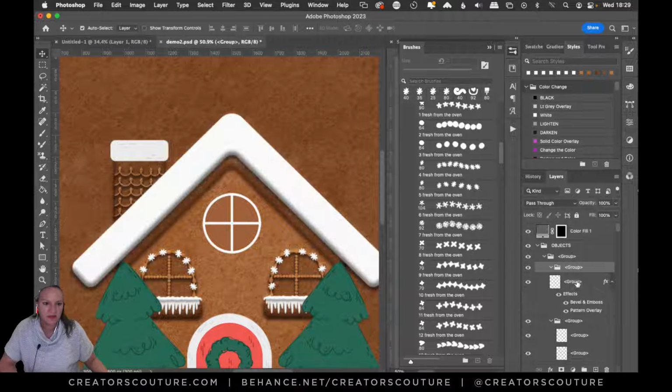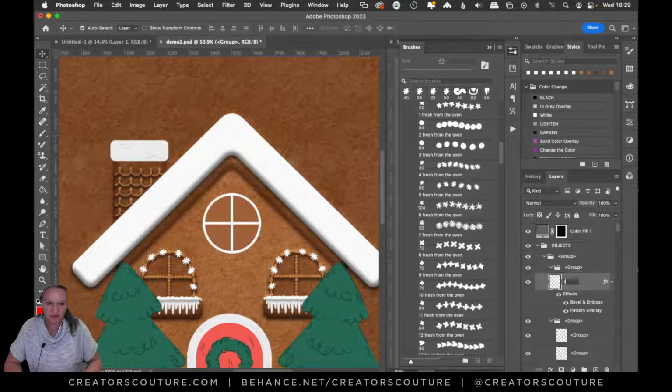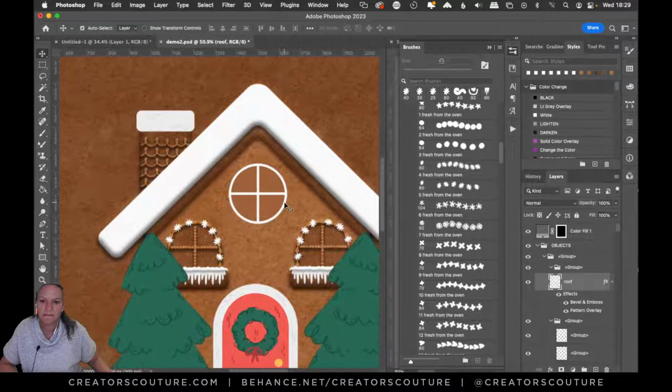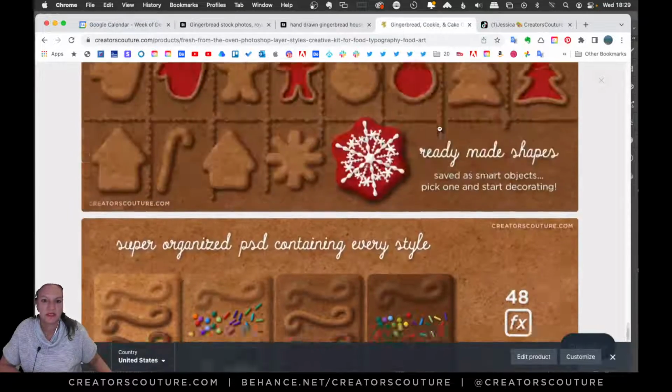Perfect. And now we have got the roof. Okay, that's good to know. Now, one of the things that I think always adds really nice extra dimensionality is